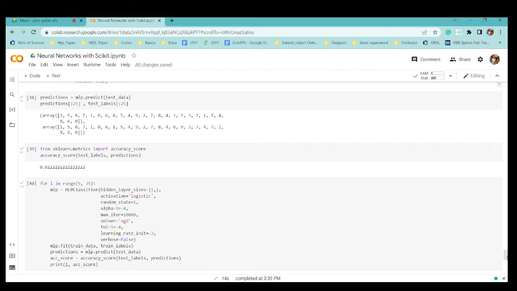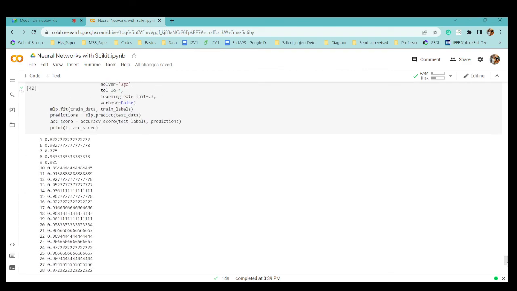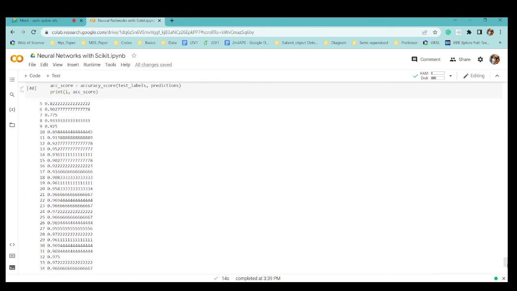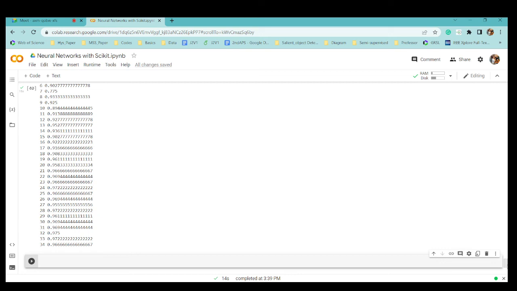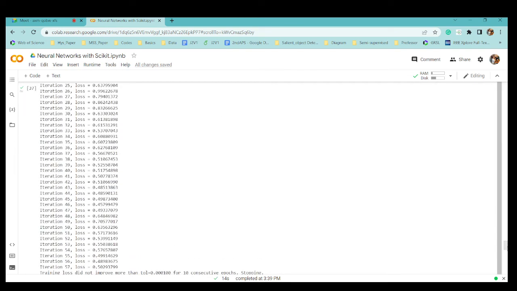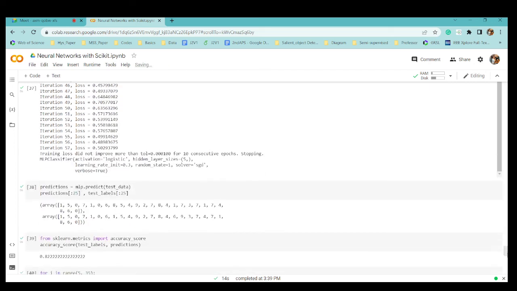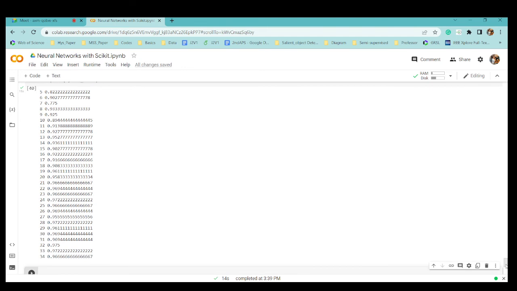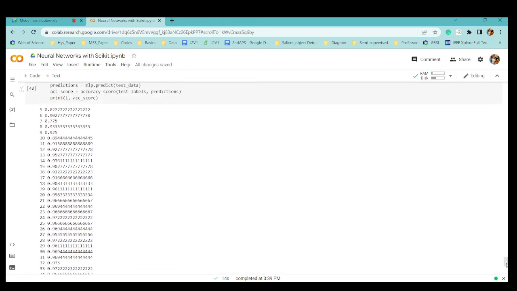It will calculate because the range we have given is 5 to 35. You can choose your range. I have taken 5 to 35. You can change it, take anything you want. 35 means obviously 34, right? Because it will count from 0. So it is giving the whole accuracy report from 5 to 35. Because my data set was 12 cross 12, that is 144. So we have a huge data set, and we can take whatever accuracy for each number you want.